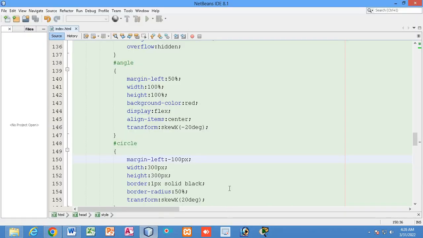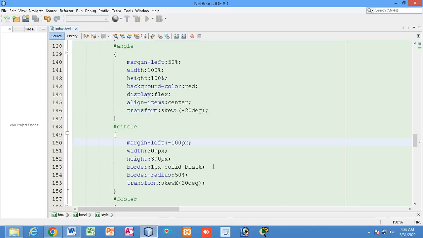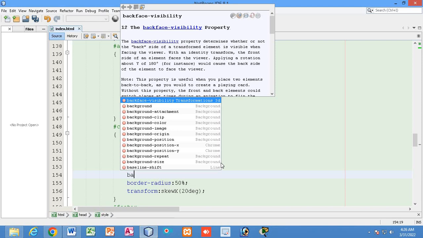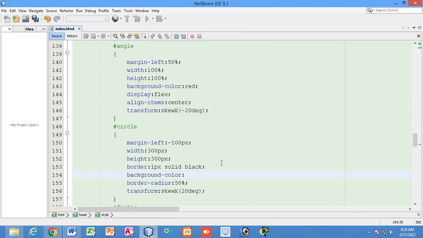Now I will give a background color. Let's say I will give a background color of white, or I can simply give a background color of red, and the border will be, let's say, 20 px solid black.